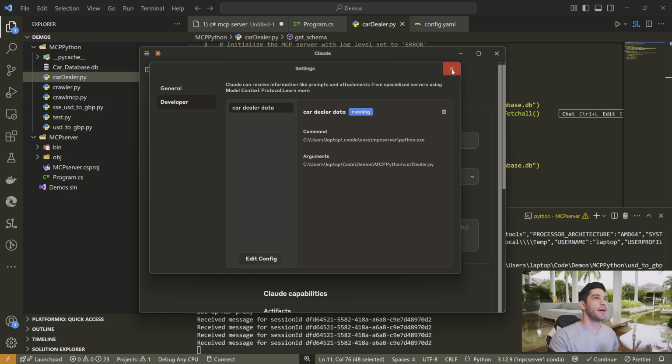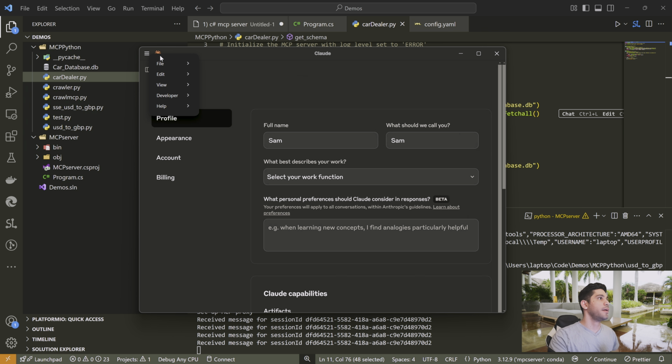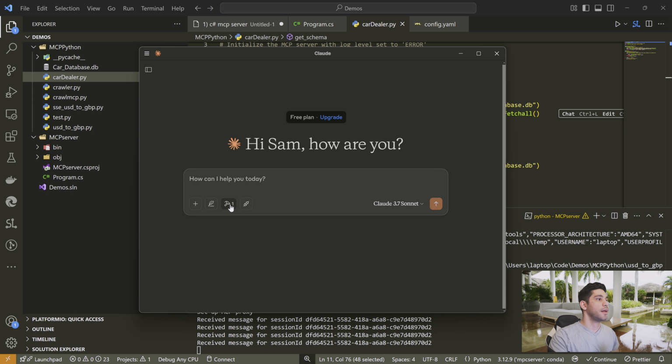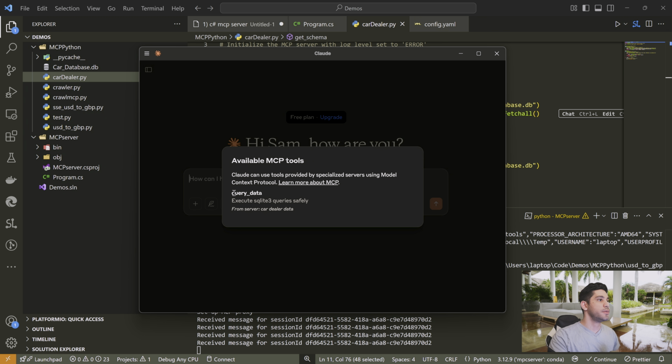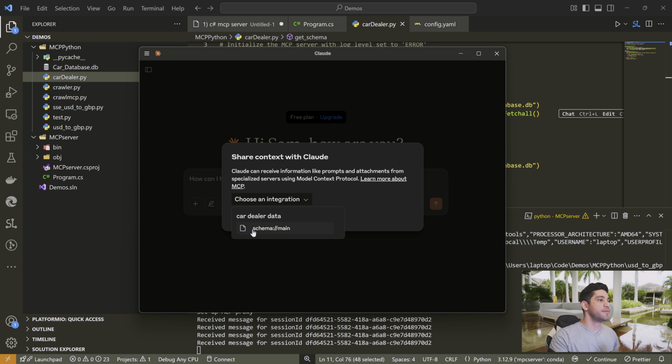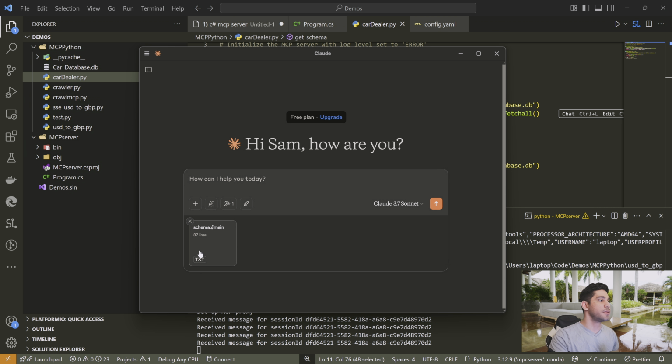So after adding that, you come back here. Here we see that now we have something new that we didn't have before. It shows the tool. It says query data, execute SQL string query safely. And then here in terms of our integrations, we have our schema. So we are passing our schema in there as a resource, and then we can ask it, based on my database, what is the address of